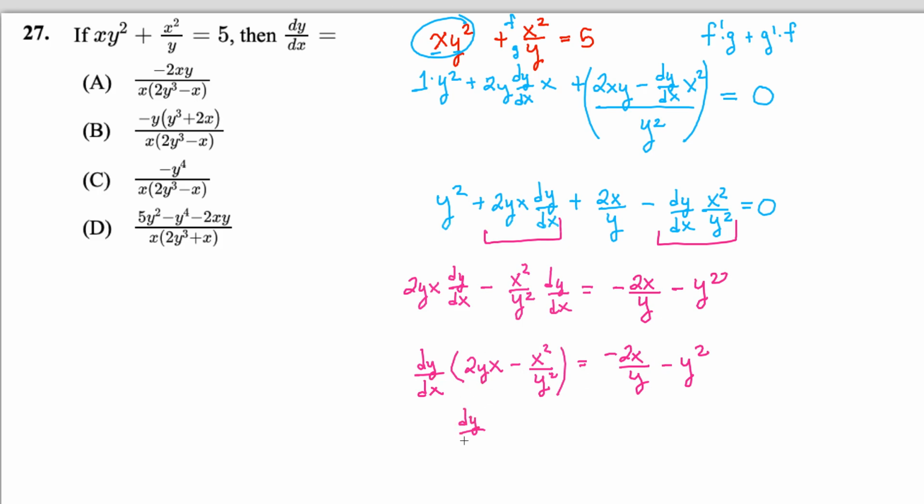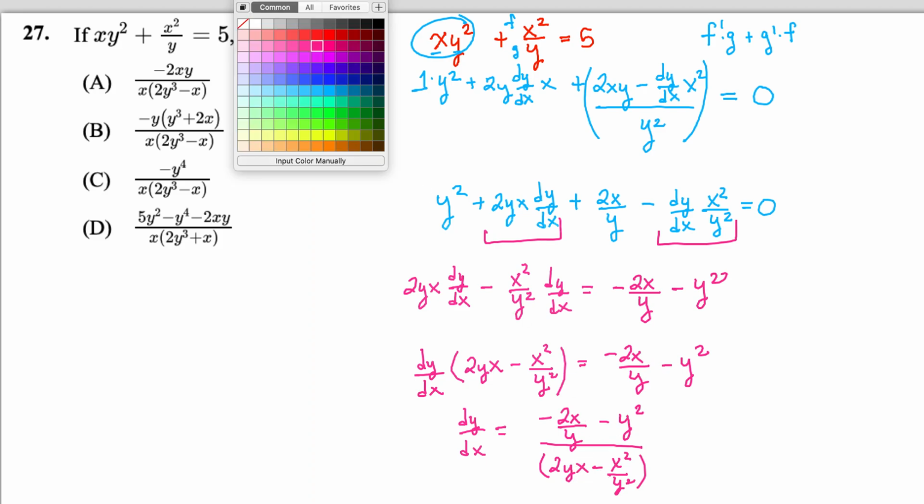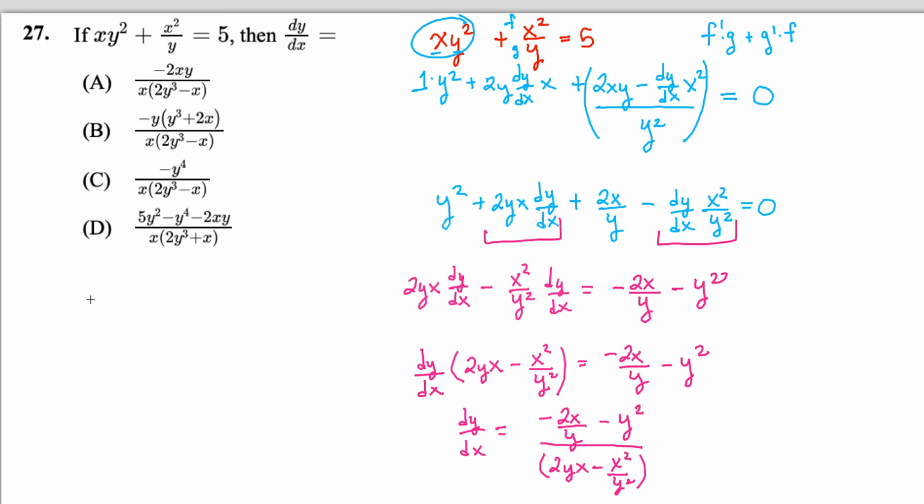So dy/dx is going to be equal to negative 2xy minus y squared, all of it divided by 2yx minus x squared over y squared. Now, if you look here, none of the answer choices look like that, which is fantastic. But what I'm going to do is try to modify this to see which one it's going to be. I'm going to get a common denominator on the top and on the bottom. Again, more algebra, which is a real pain, but we've got to get through it. So let's see. I'm just going to work with it over here in green. Negative 2xy